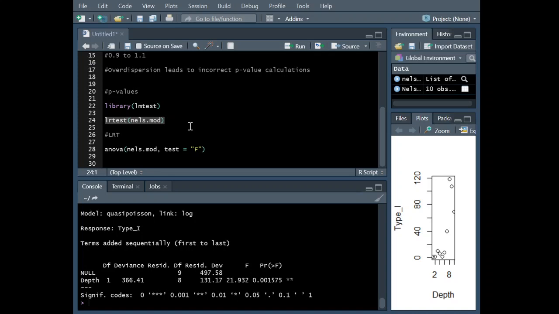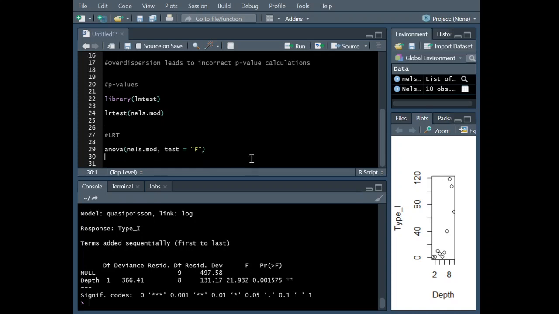And it does that because it runs a chi-square test. This is a bit in the weeds, but the reason that it won't work is because whenever you switch to a quasi-Poisson model like we just did, you can no longer really know the deviance exactly. You're switching over to estimating it. And so when you estimate it, you actually need to use what's called an F distribution, which we have seen